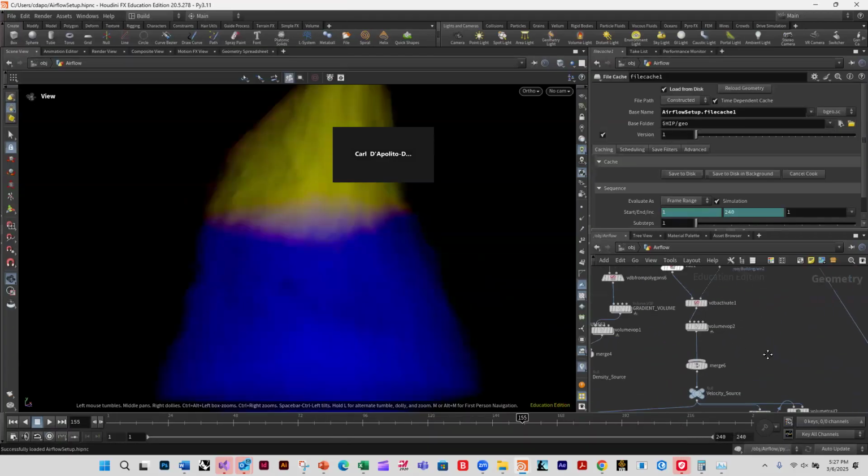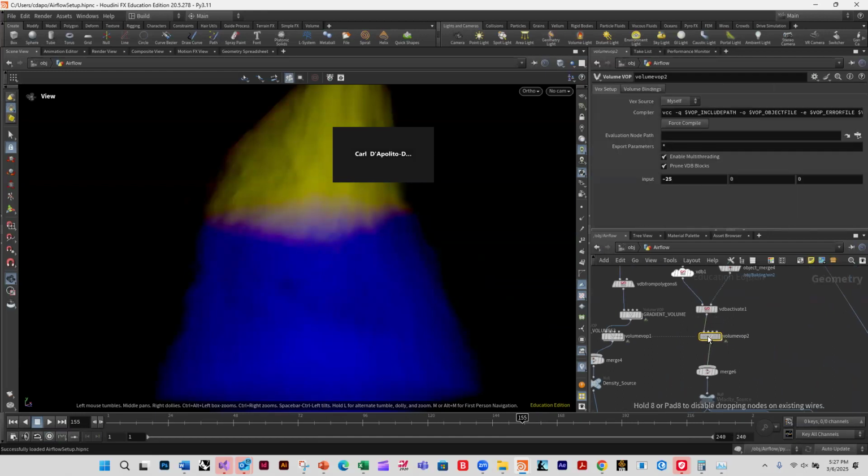This little thing right here, this volume bob,